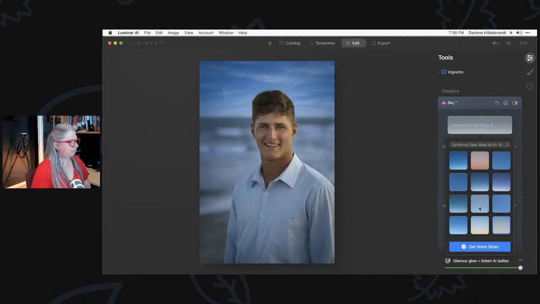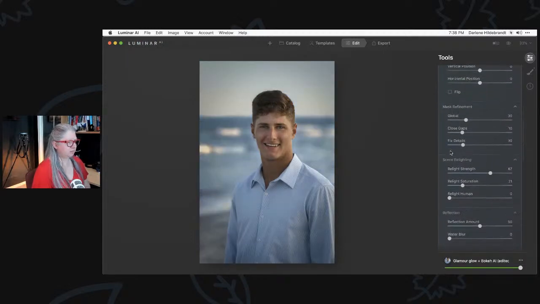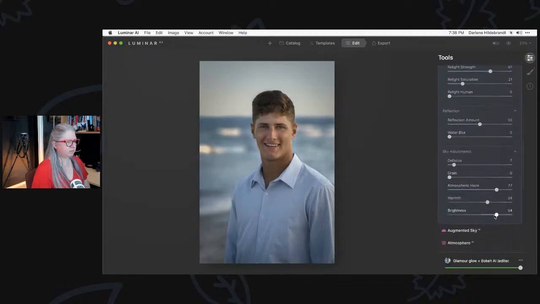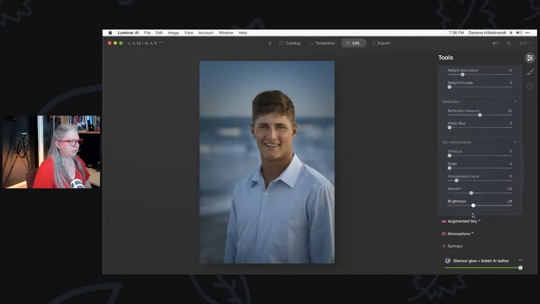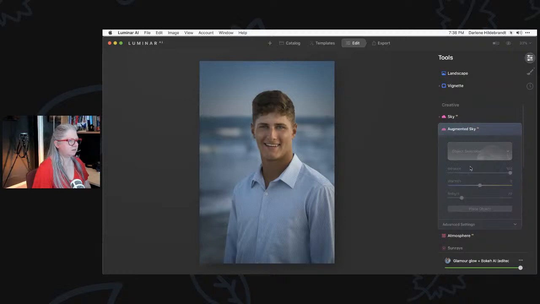Let's just see what we get. But we know that the position is right. I'm going to take the brightness down and the warmth down, so undo all the stuff we did for the one with the clouds. Now we're getting closer. Okay, so now it looks like it matches a little better. I'm happier with that. And then if we want something interesting, we could just add an augmented sky,